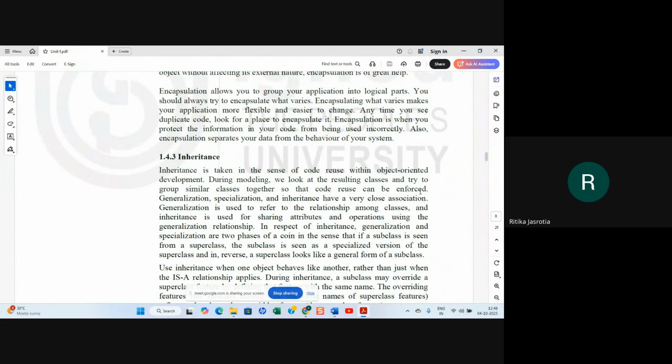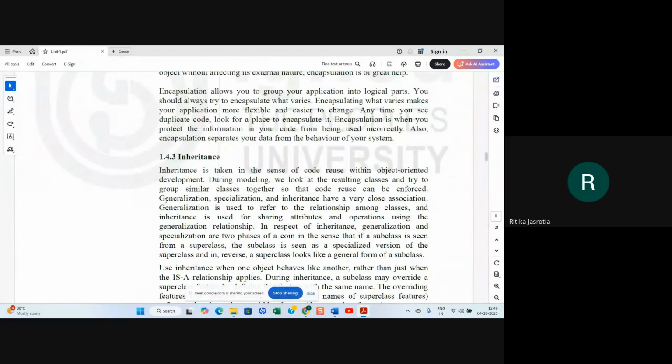Or we can also have an example of a student, and there are two types of student: an undergraduate and a graduate student. So you are making two subclasses of a student class. Student is the parent class, and you have two other classes, undergraduate and graduate. So that can be divided.